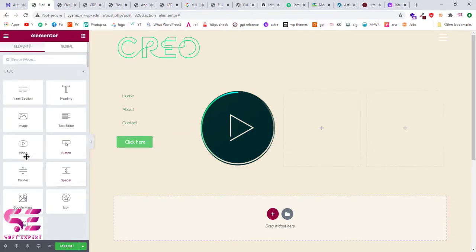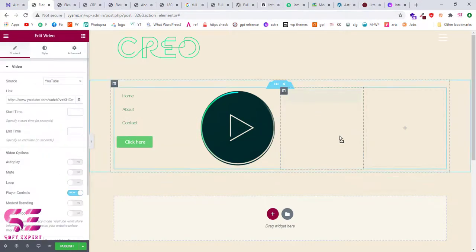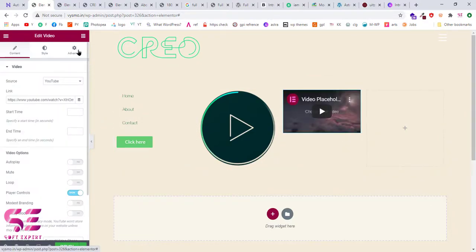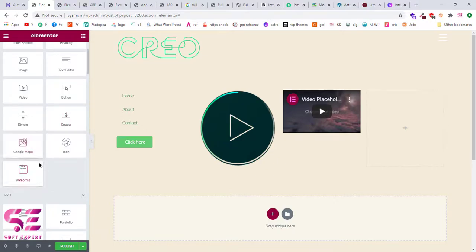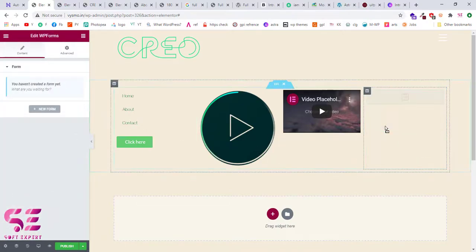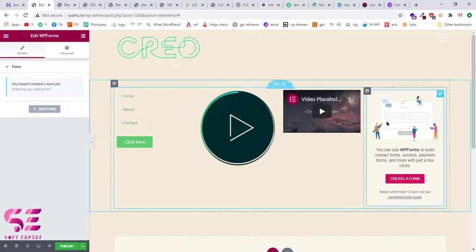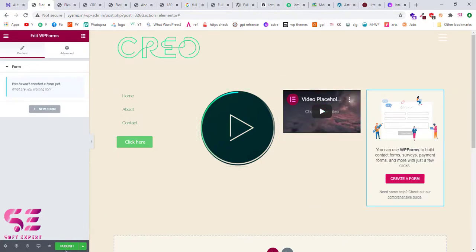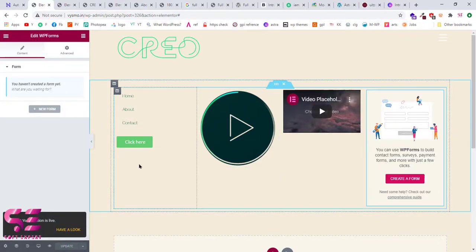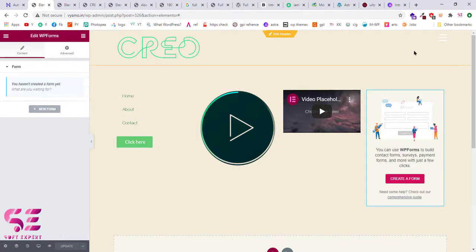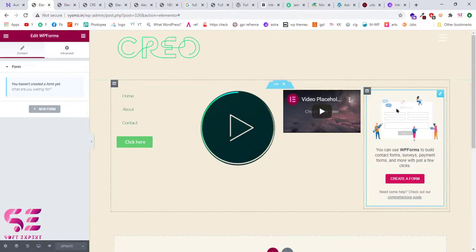Also you can use video here and a form. We can use different types of elements here to display in our menu. Once you are done, then go ahead and publish this. Now we created a section. We just have to embed this section in the full screen menu. So once we click that hamburger icon, it will display our menu.